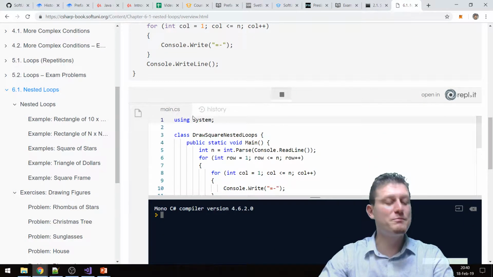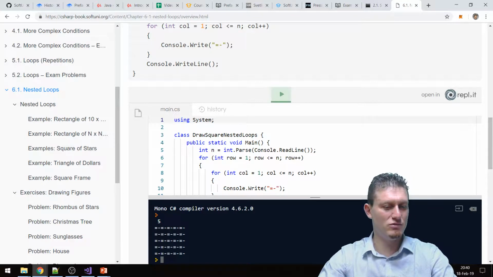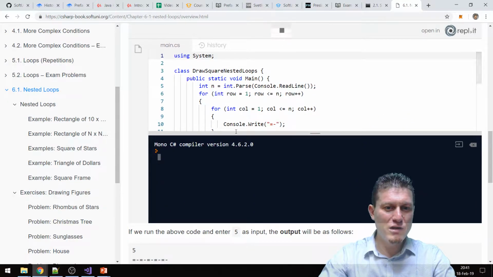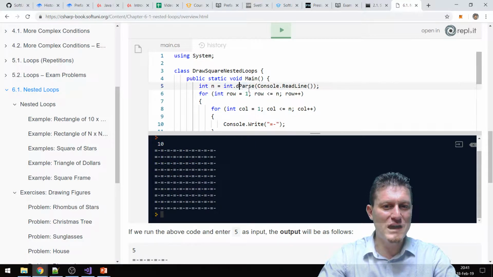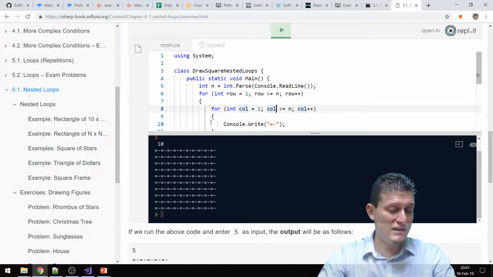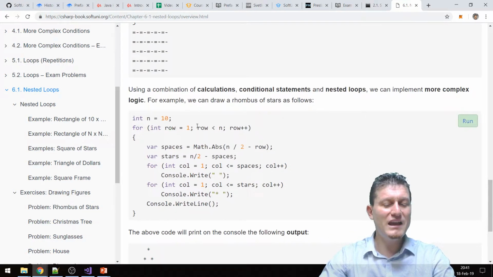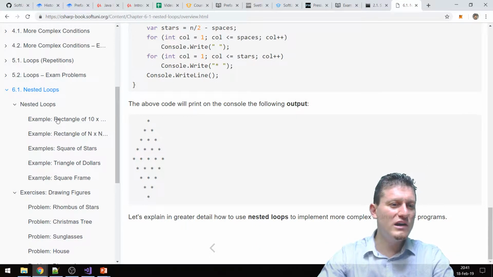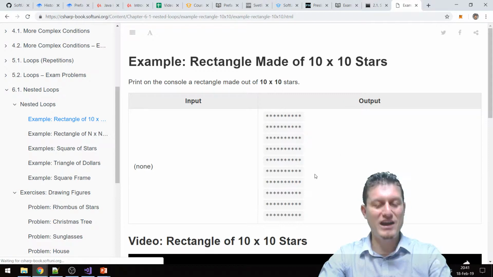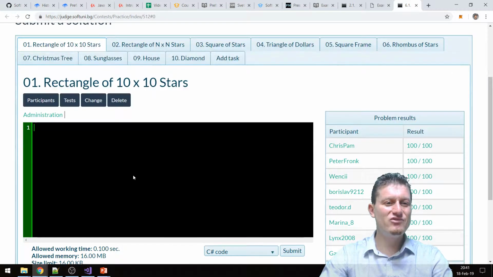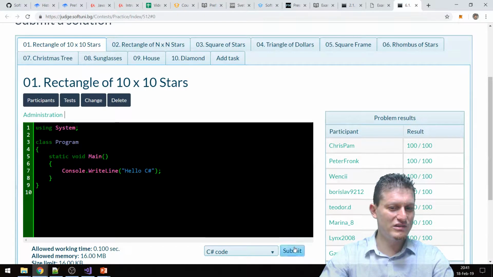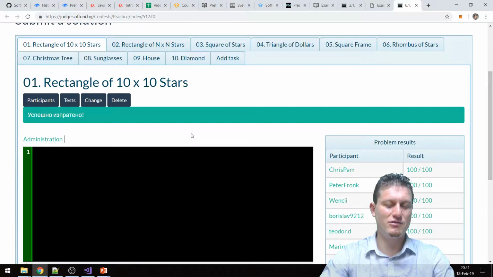So it's more than a book. It's a kind of interactive training tool where you can run the code, change it, and experiment with it. So you can write here, you can change something, it's up to you. And you can also watch the videos and try to solve the problems. And finally, when we are ready with some problem, we can go to the judge and just submit our solution and check whether it's correct or not.